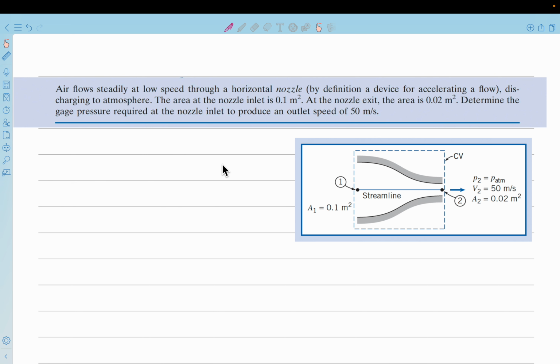And we have to find this gauge pressure that is required, so that at the end of the nozzle, the flow that is coming out has a certain velocity, 50 meters per second. So we can apply Bernoulli's equation at point 1 and point 2, because the flow is going to move like this, converging, but along a particular streamline,